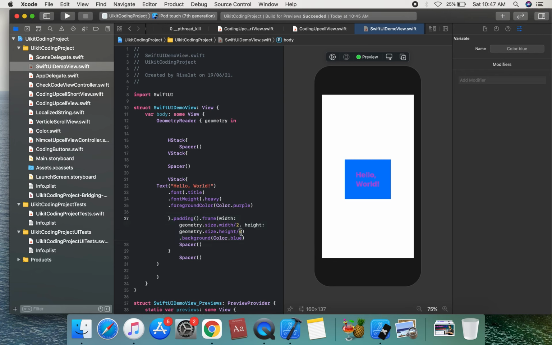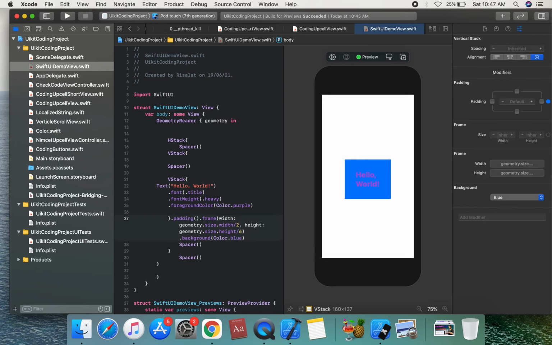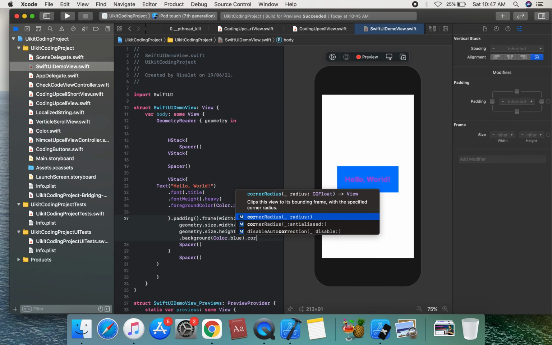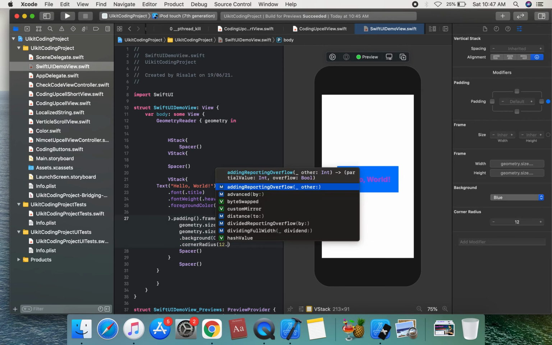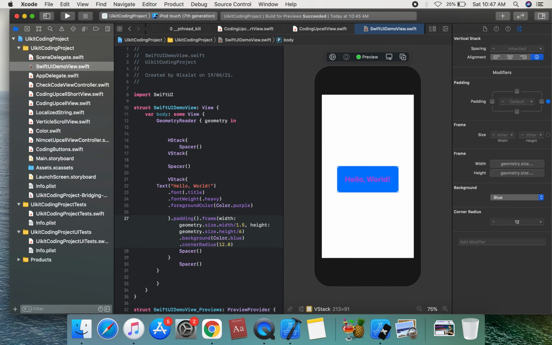You can set the height, suppose six parts of the UI, and for the width 2.5, or 1.5. Suppose we apply 1.5 on the width, and we apply a corner radius of 12.0.